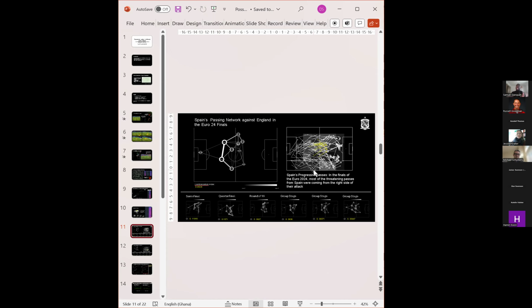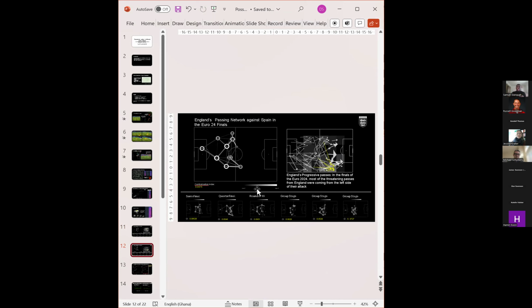And they had a lot of progressive passes ending up in England's defensive third, and that is where they achieved most of their expected threat from. And this was just a visualization to show how they transitioned all the way from the group stage to the finals. How was their defensive setup, their formation setup like? So you can clearly see during the group stage, they were pretty much wide open on possession. And they started narrowing down during the knockout phase where they start getting together on there.